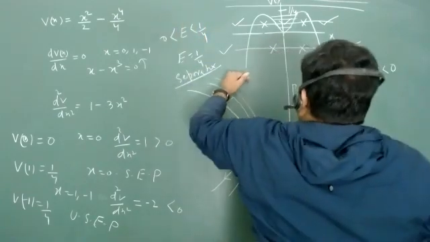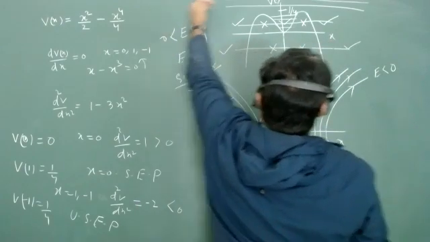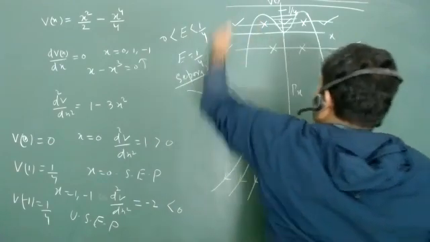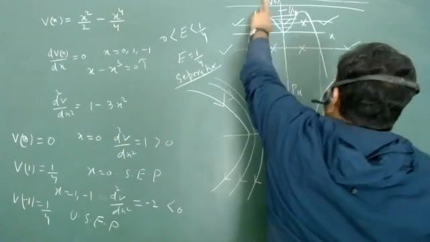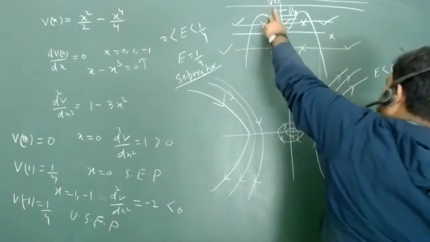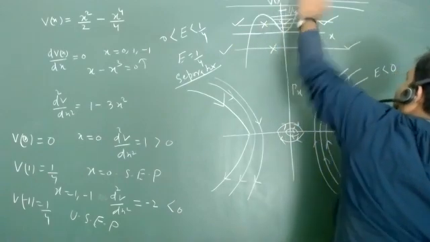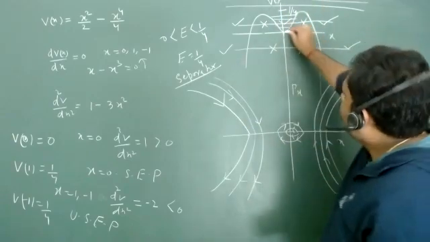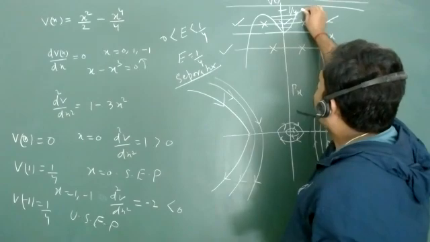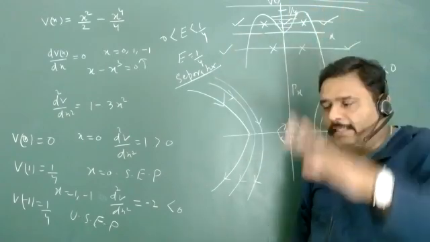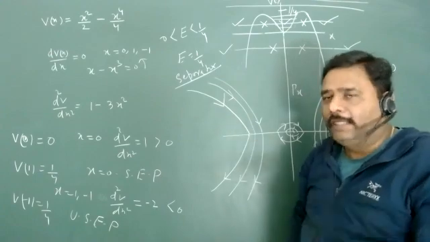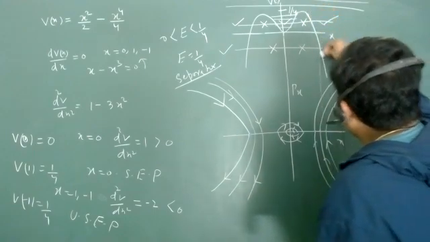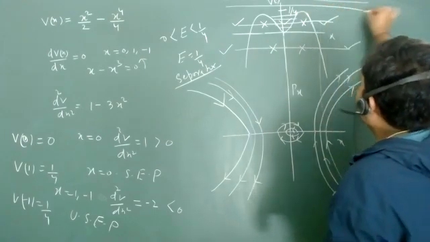The potential is very low, so kinetic energy is very high. As you approach this point, the potential energy is increasing, so kinetic energy will decrease, and hence momentum also decreases up to this point. After that point, potential energy is going to decrease, so kinetic energy is again going to increase, and momentum is also going to increase. After this point, again your potential energy is going to increase, so kinetic energy will decrease. And after that, your potential energy is continuously decreasing, so your kinetic energy will continuously increase.